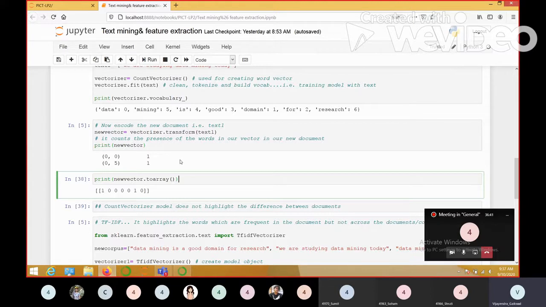So if we have a collection of documents and we want to find similarity between the set of documents, then we will apply the count vectorizer model and extract similarity from all the documents. Understood? There is a different application domain altogether where we have to use the count vectorizer model. Understand this thing.